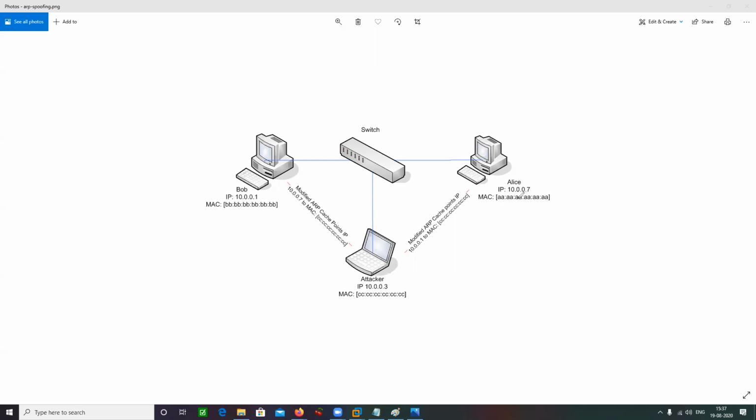Question. My question is, let's say my attacker PC is connected to one of the ports of the switch. So if we are doing CAM flooding, it's going to go through only one port. Even if we put too many requests, it's still going to that one port. So how is the CAM table going to fill up?